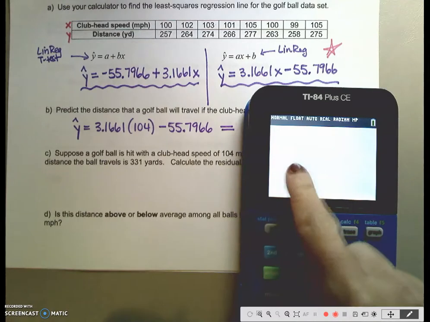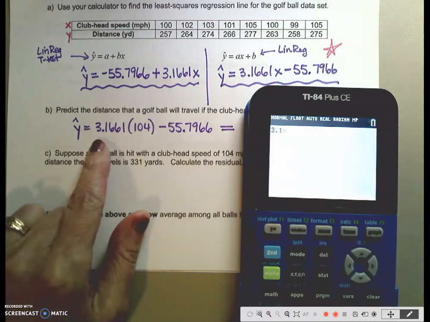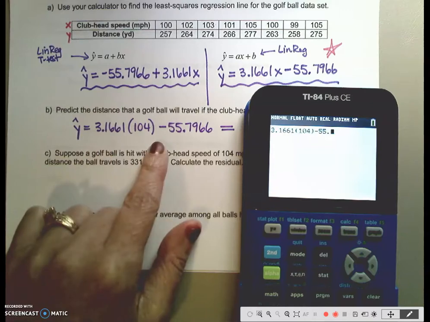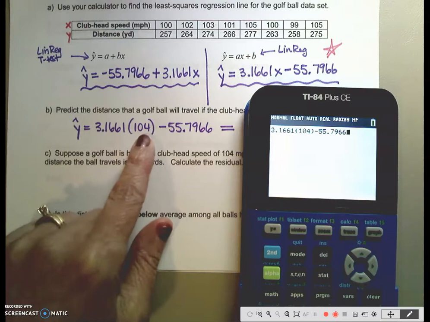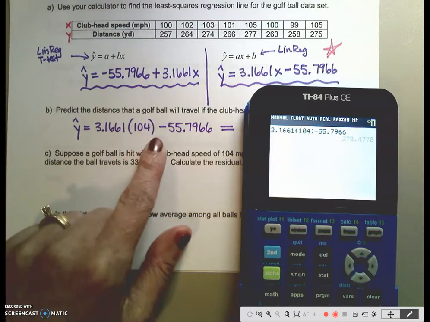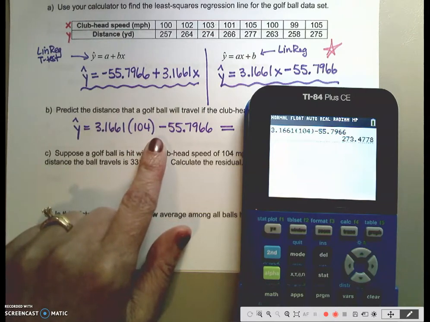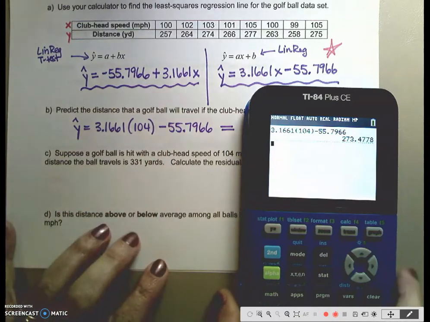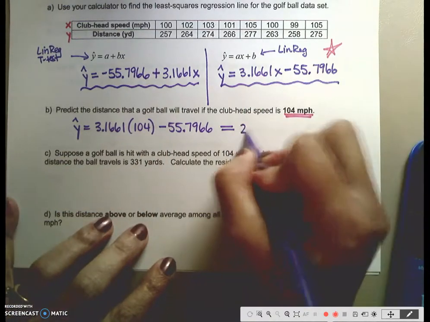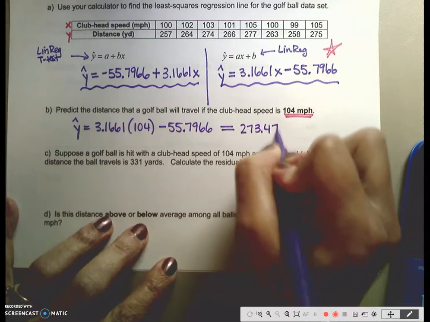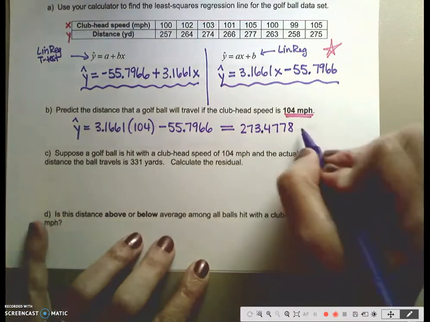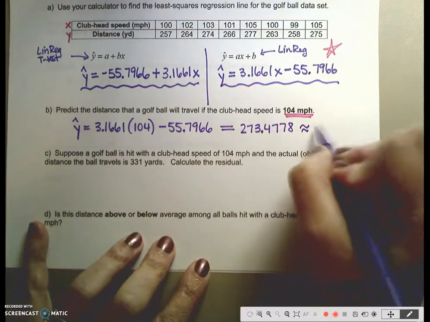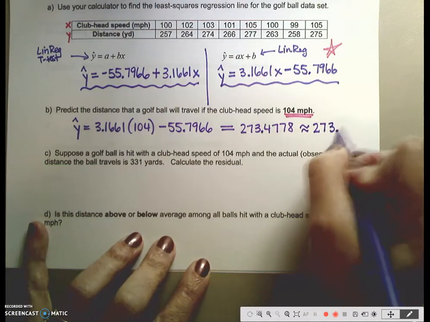Okay, so let's see what we get on our calculator. I did quit to get out of that screen. So just type it right in your calculator. I use parentheses for the multiplication. 273.4778. And then you'd round that off however they want you to round. Let's just go 1 decimal here. 273.5